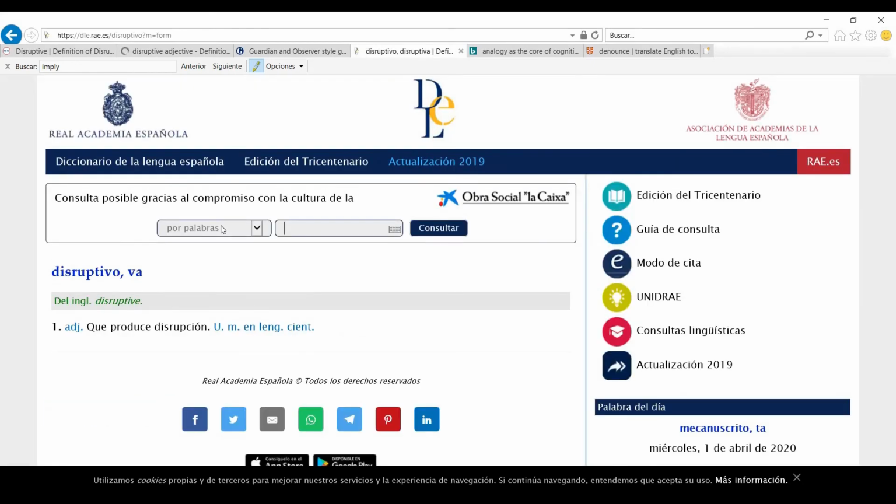Right? Pero que dice que produce disrupción. Ojo, que se utiliza en la lengua científica, y si busco disrupción me va a decir una rotura o interrupción brusca, que no es como lo estamos usando en castellano. Por ejemplo, últimamente se habla mucho de un niño disruptivo en la escuela, que básicamente significa que se porta mal, pero para no decir que se porta mal,